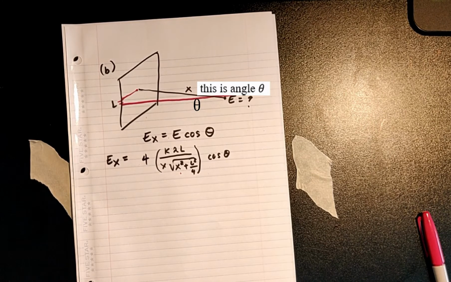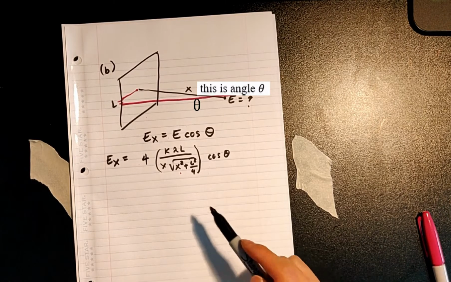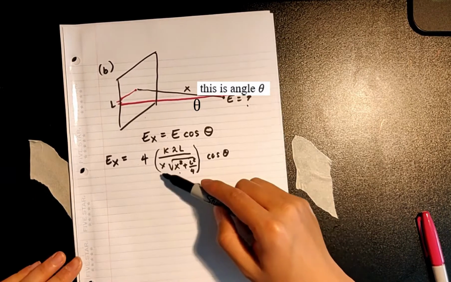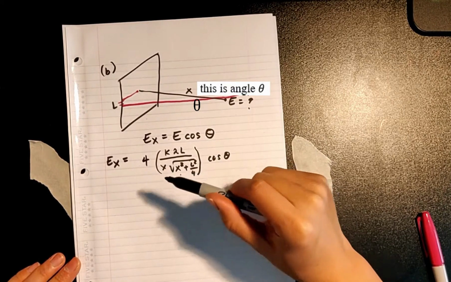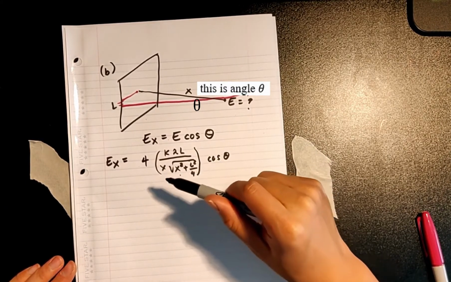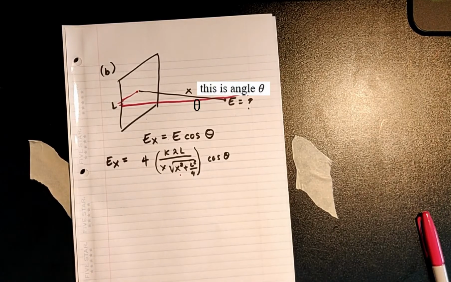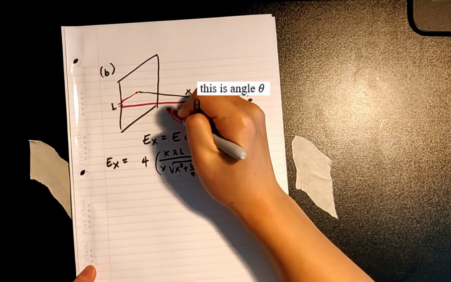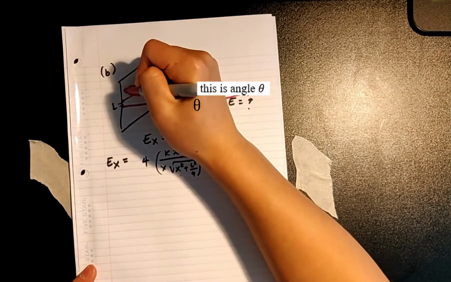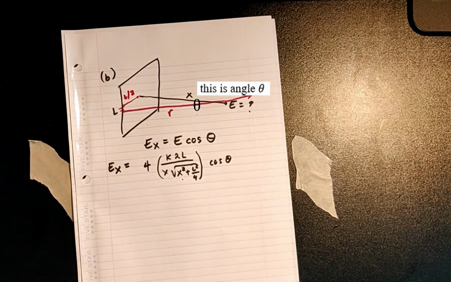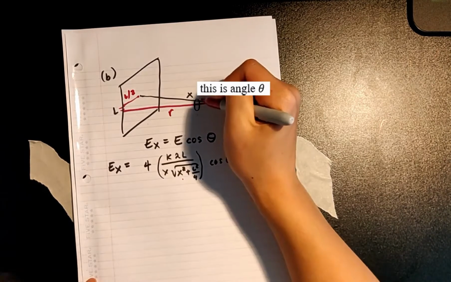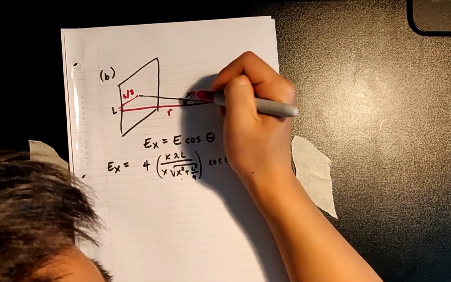So now this might be a little bit confusing because we just copied what we had from part A. But this x is not the same x as we drew for this diagram. This x for part A represented the distance that the point was away from the wire. So if we call this distance r, this vector r, and we call this L over 2, and then we know that this angle is theta,